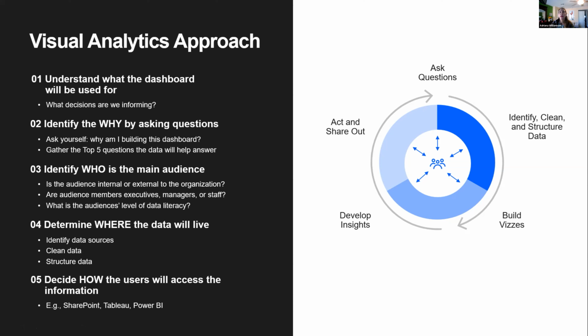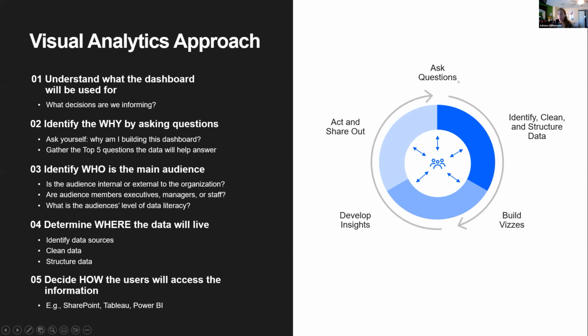Usually they're going to give you a list of 20 questions, a very long list. And I always tell my clients and my stakeholders, okay, now that we have a list of 10 or 20 or whatever it is, let's pick the top 5. Let's start with the top 5 of those questions. What are the most important, the ones you want to take for now? And then the other questions become part of your enhancement list, something that you're going to build up in the future. So I always help the clients get from that long list to the top 5 questions that the dashboard will answer.